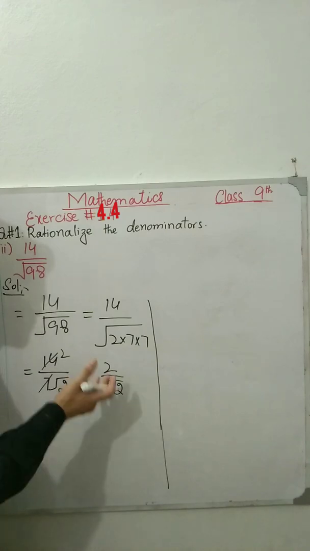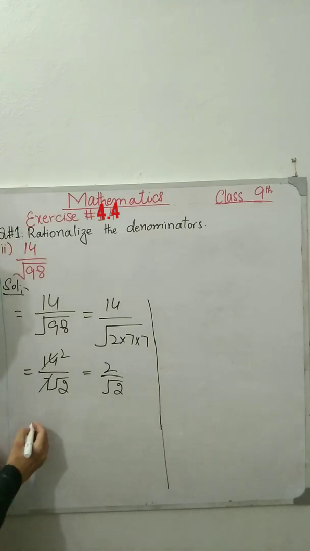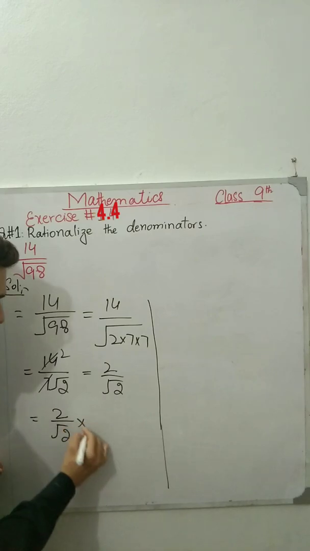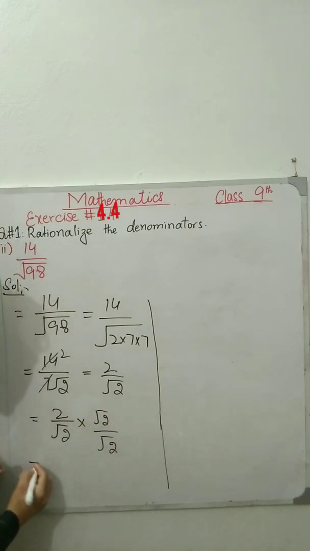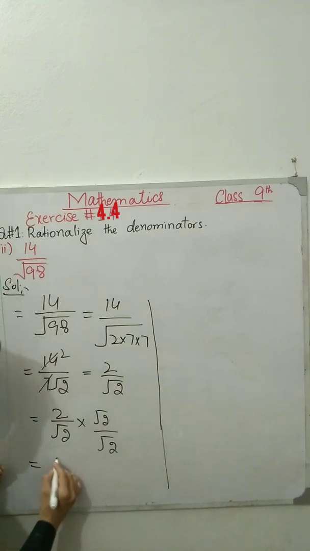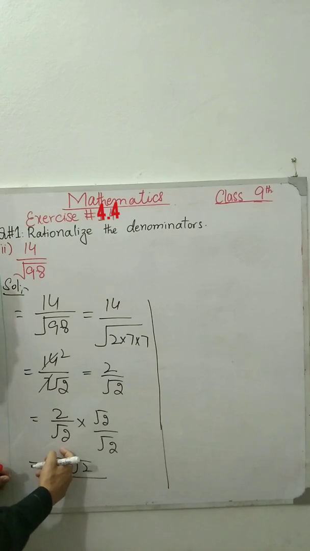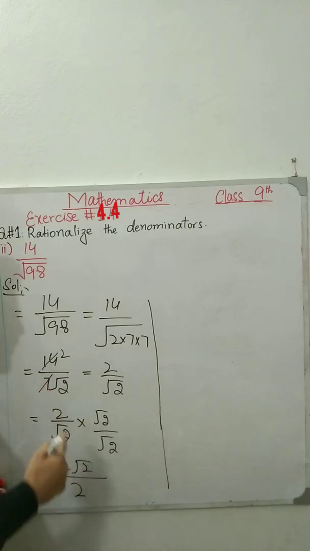We can solve it in a simple way, in just one step, but the condition is we need to use rationalization. So according to rationalization, 2 over square root 2 is going to be multiplied by square root 2 over square root 2, which equals 2 into square root 2 over square root 2 into square root 2. What did you get? We got positive 2, because square root 2 into square root 2 will give you 2. Half into half gives you 1.